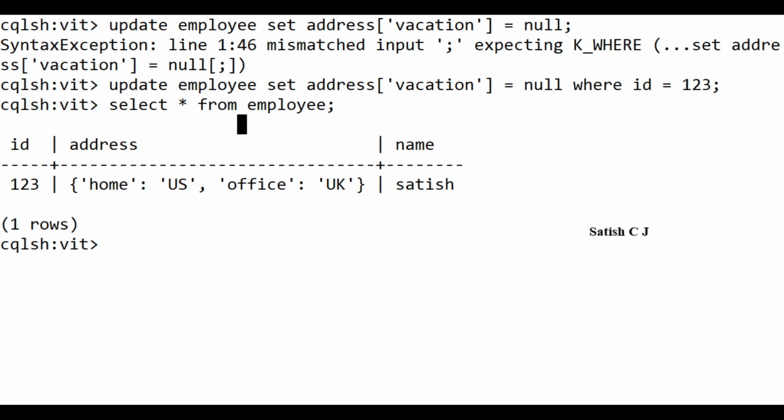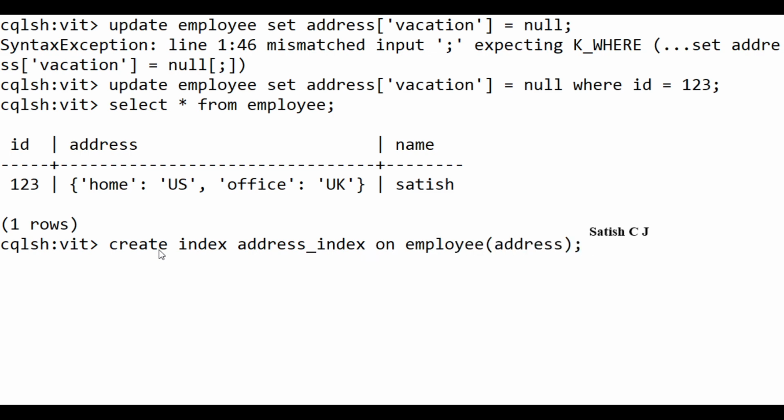There are other operations too which we'll be taking a look at. For instance, we have to see how to search on the map data structure. For this, the very important thing is we need to create an index on the address column. So create index, we'll say address underscore index on the employee table's address column.